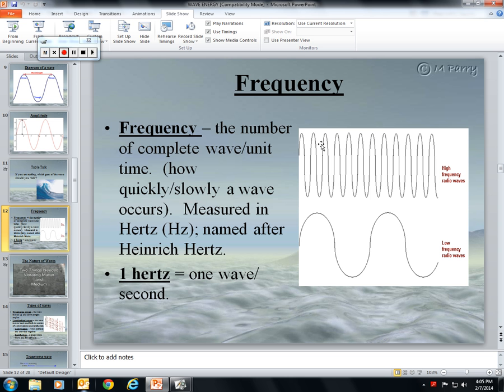So if we're looking at this picture, I would count the waves here. So I would literally count from crest to crest. 1, 2, 3, 4, 5, 6, 7, 8, 9, 10, 11, 12. 12 waves have gone by. We're going to assume it's 1 second, so I would say it's 12 hertz. In this bottom picture, only 2 waves have gone by. So I would say it's 2 hertz. Make sure you're looking at the pictures and not just listening for that one.